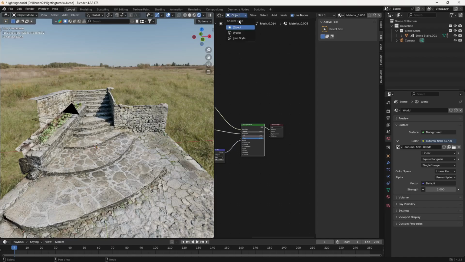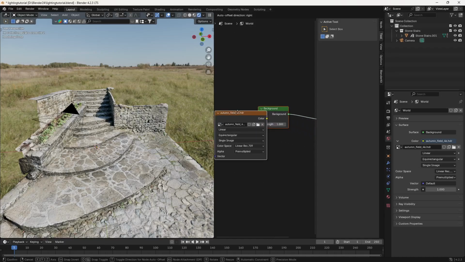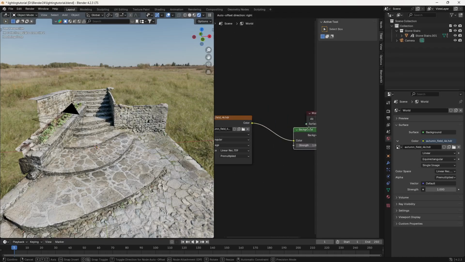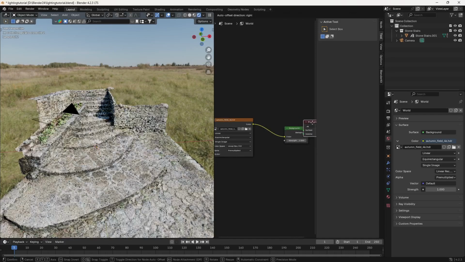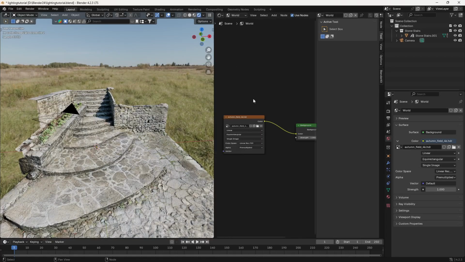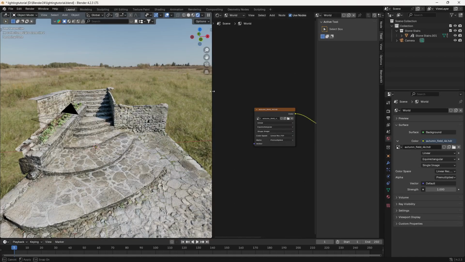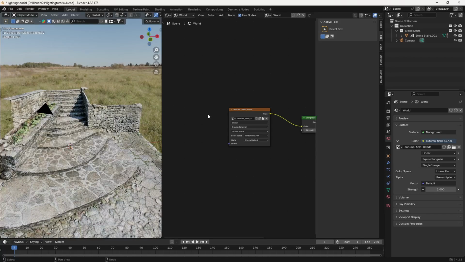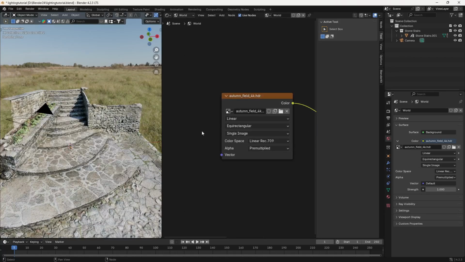From object, let's just switch to world here. And now you can see we have this HDRI here. If I take it here somewhere, you can see our HDRI is here. Let's make this a bit bigger so you can see. But right now you can see we are not seeing any transform here. So there is an add-on that you need to enable in order to use the shortcuts in the node editor, which will be helpful in the future as well.